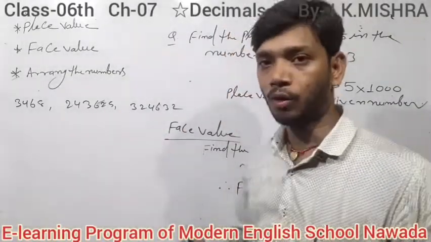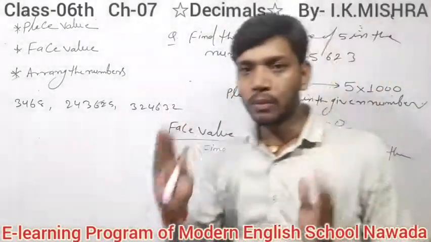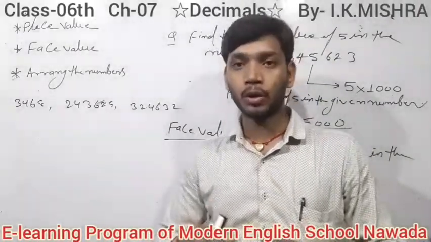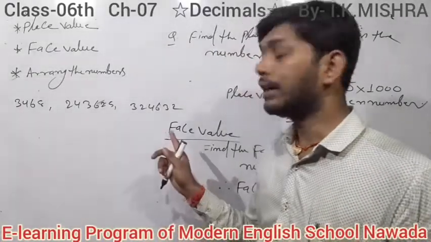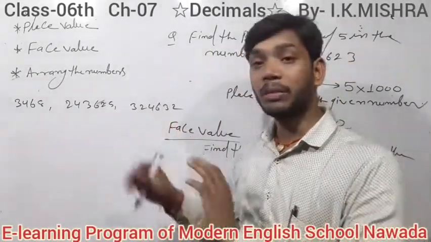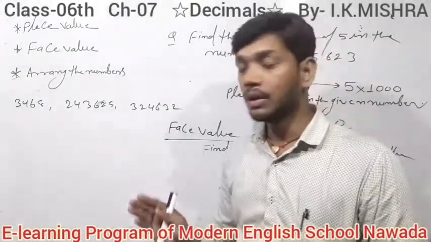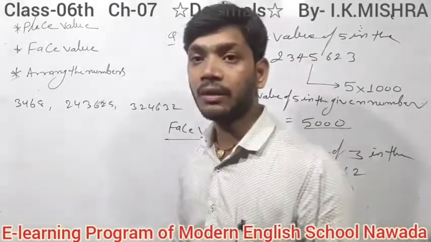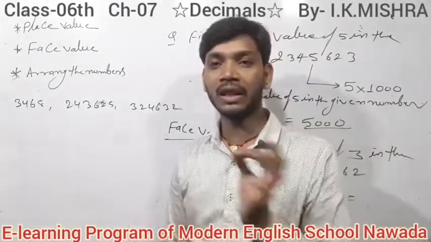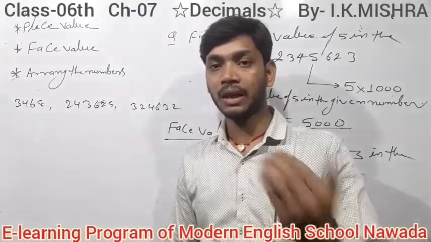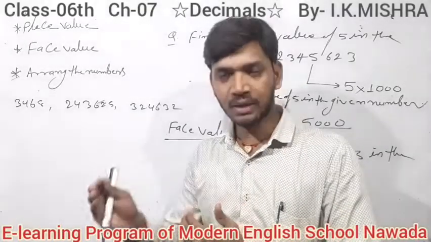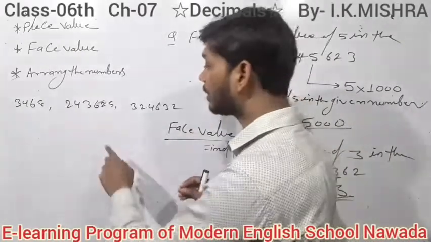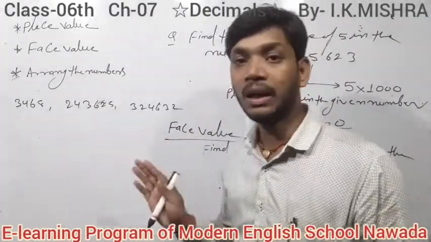Now a question is, in two numbers where number of digits is equal, then what to do? Here in numbers, if number of digits is equal, then observe leftmost digits. If the leftmost digit of a number is larger, that number will be greater.